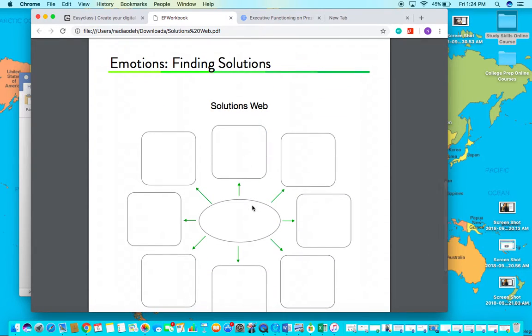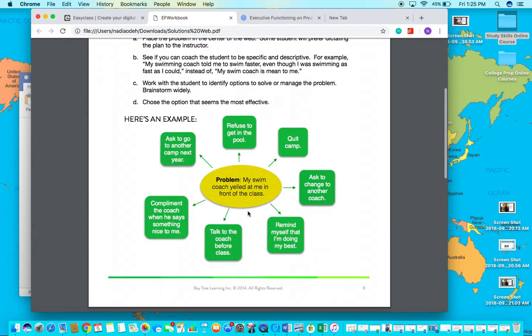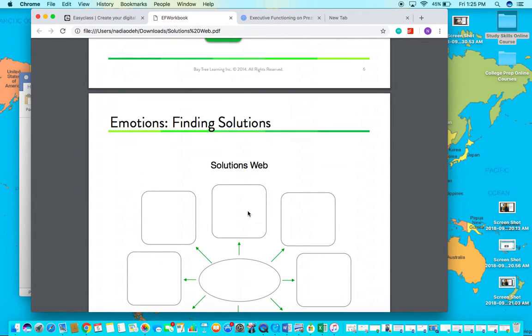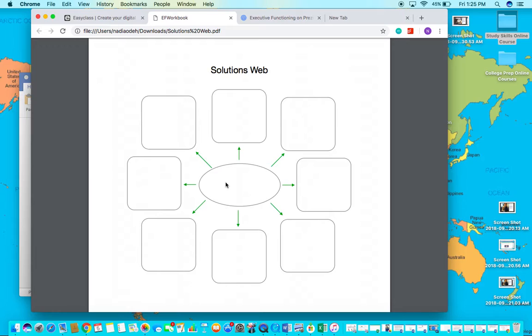What I want you to do is identify a particular problem or area in your life that you've experienced in the past that caused you to struggle with regulating your emotions. Maybe something that made you feel frustrated, angry, anxious, really upset, and explore different solutions to that problem. You can print this out and fill it out, scan it, upload it and submit it into the assignment returns folder,